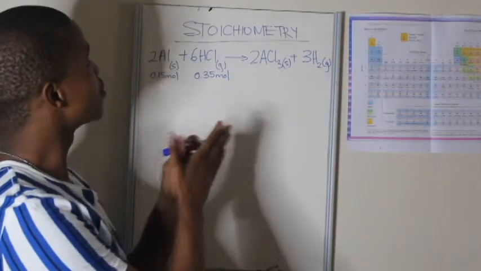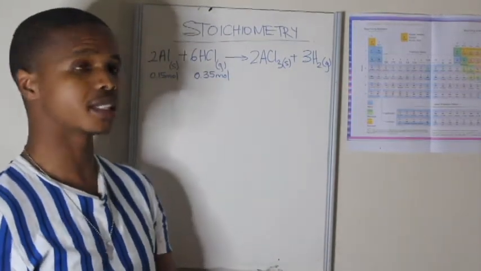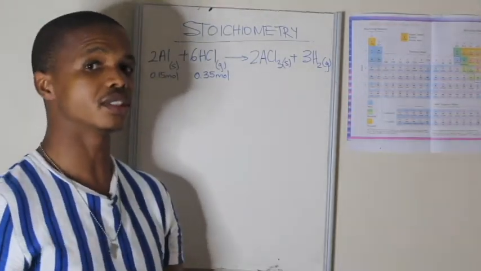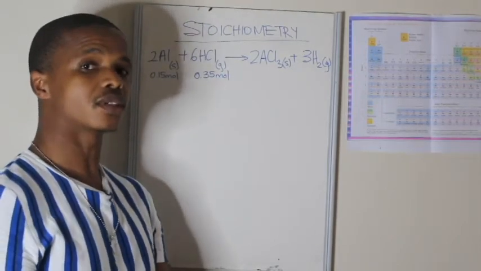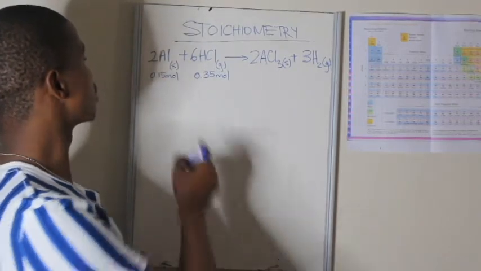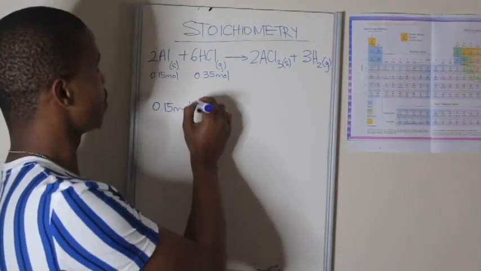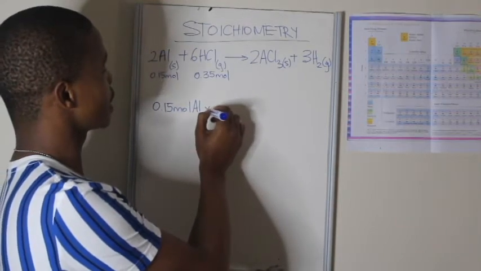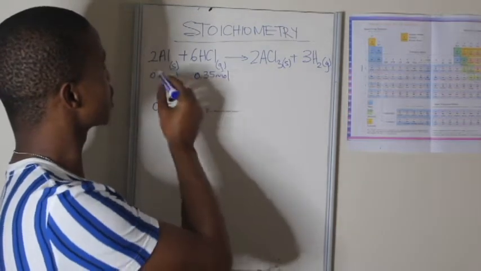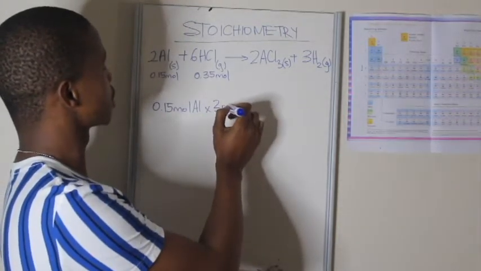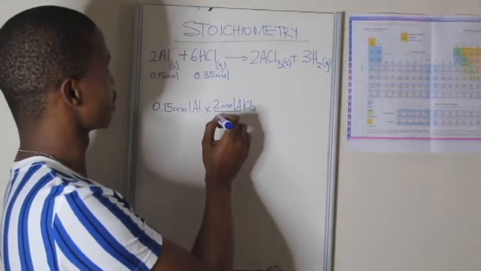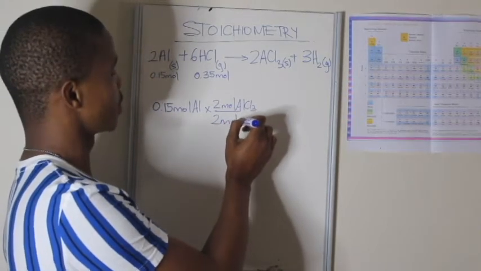If you look at the number of moles, you can easily assume that 0.15 mole is the limiting, but that is not usually the case. You can only know once you relate it to your product. So in this case, you will have moles of aluminium, then you relate them to aluminium chloride. So if 2 moles of aluminium chloride is 2 moles of aluminium,